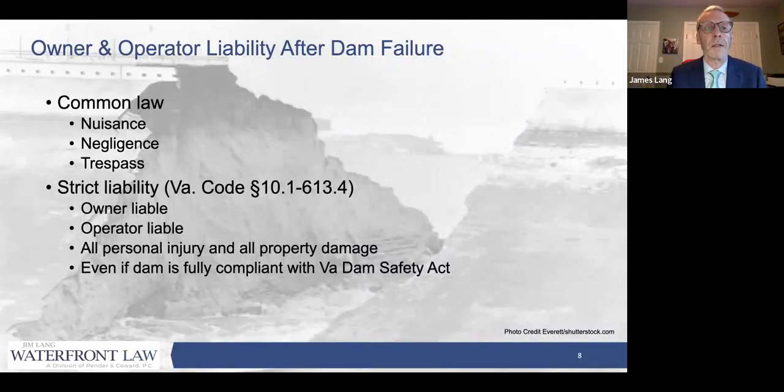That is the legal theory that has seen the most attention in the very few cases in Virginia where this has been litigated. But there are also other legal theories available under the common law sounding in nuisance and in negligence. But when the Virginia Dam Safety Act was adopted in 1982,